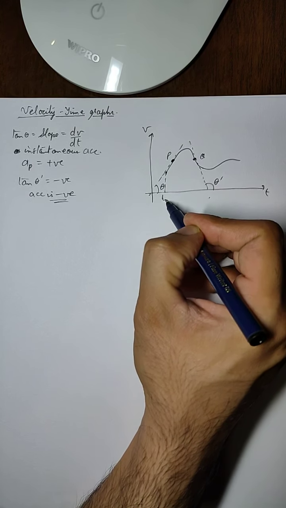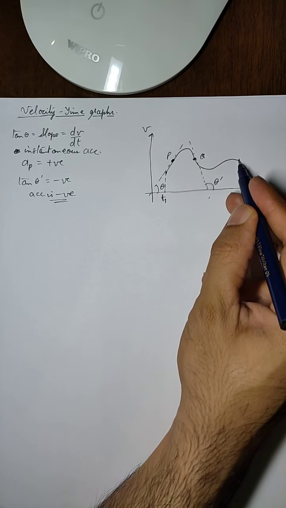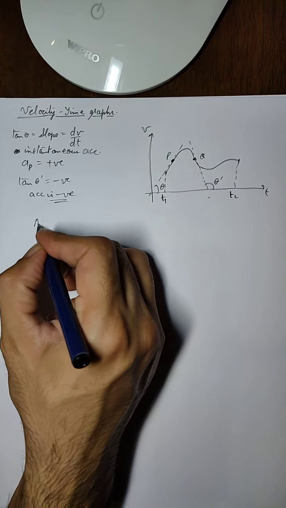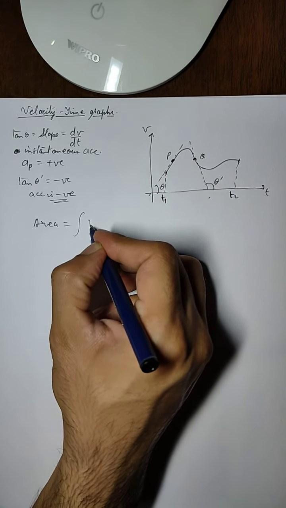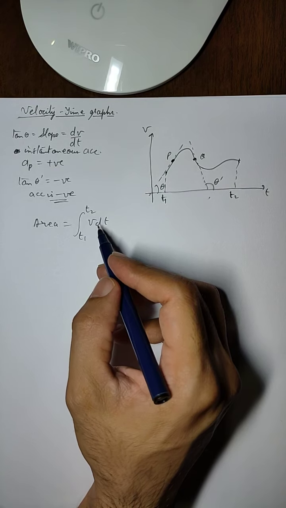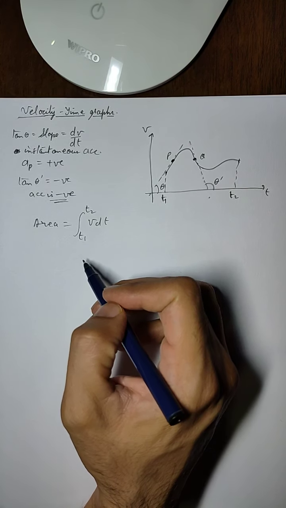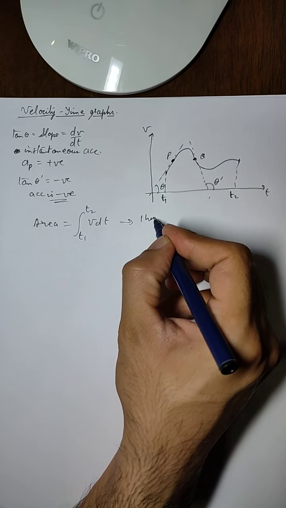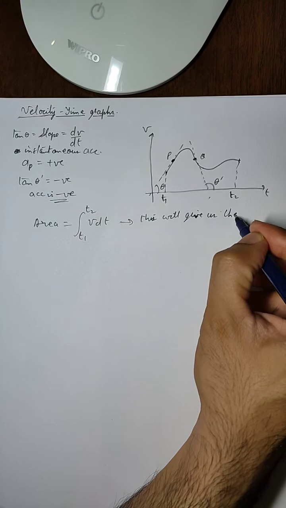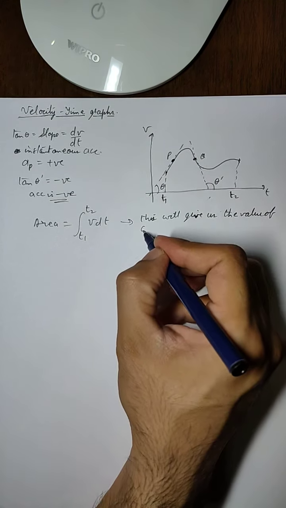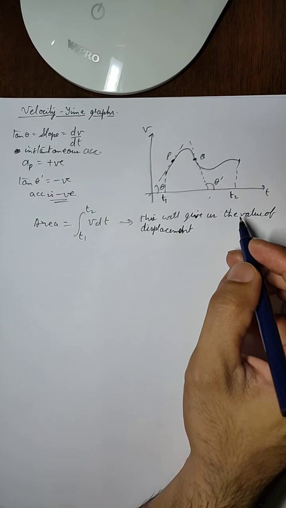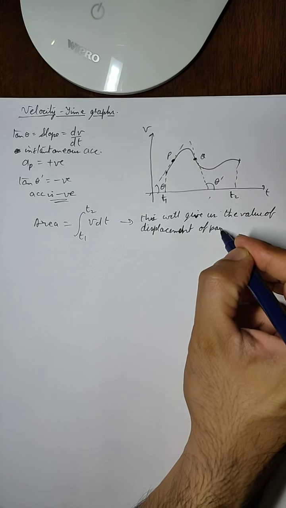Now if we say that this is some instant t1, and this is some instant t2, and if we want to find the area under the curve from t1 to t2, then this area will be given by this equation. We have already done this in integration. Area will be equal to the integration of v dt from t1 to t2, and this value will give us the value of displacement. This is a very important concept. This gives us the value of displacement of the particle